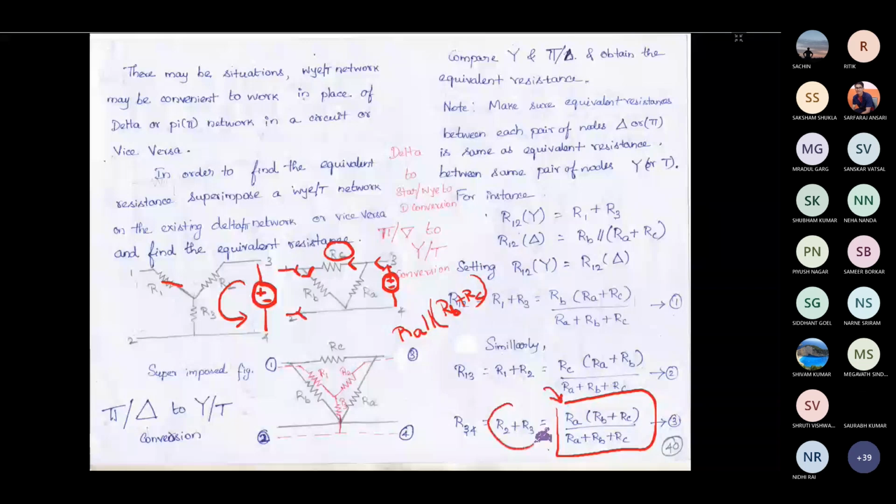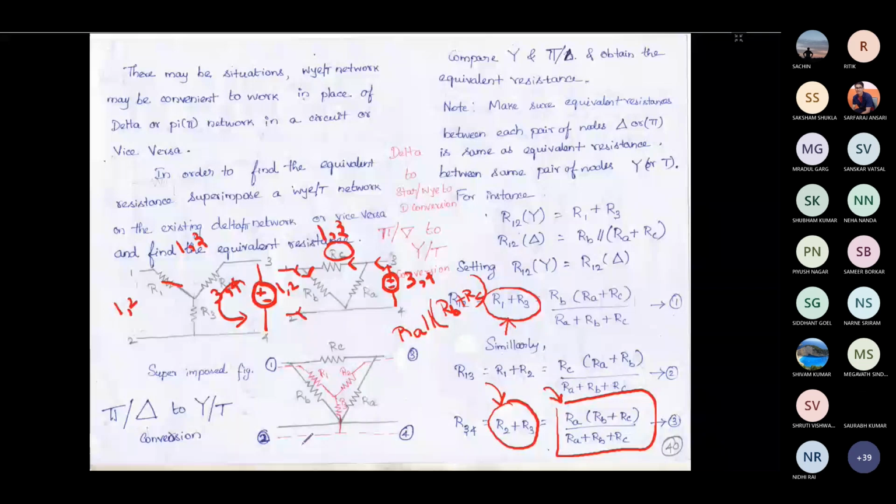this is for the star connection. So what we have done is we have just represented the star side as we are seeing it. As of now, we have represented the equivalent resistance across terminals 1 and 2 here, then the equivalent resistance for 1 and 2 here for the delta. Then the equivalent resistance between 1 and 3 for the star, and the equivalent resistance between terminals 1 and 3 for the delta. For the final case, we checked the equivalent resistance between terminals 3 and 4 for the delta, and between terminals 3 and 4 for the star.